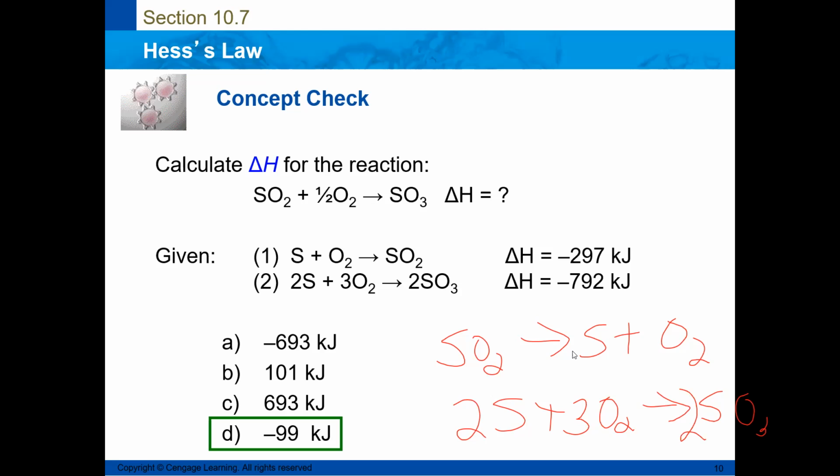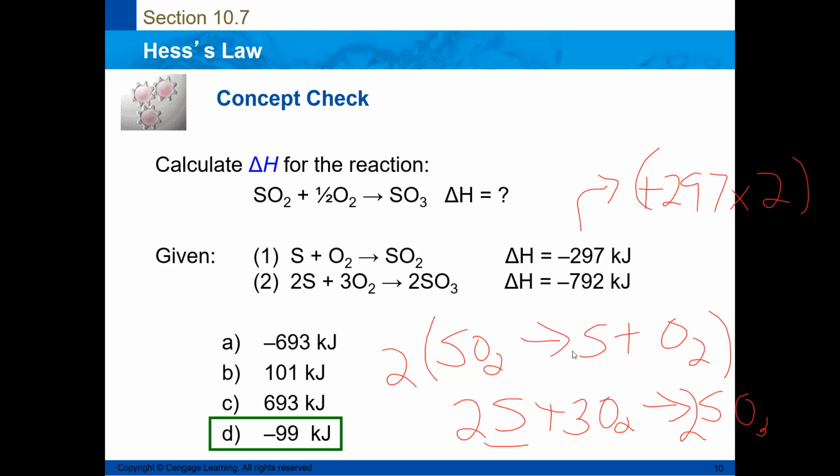Okay. Now, what we need now is to figure out if we need to manipulate the top reaction. We do, because we have 2 S's, so we need to multiply all of this times 2, don't we? So this one is going to be reversed and multiplied times 2. So this is negative, it's positive 297 now, right? Because we multiply now times 2. That's what that's going to be, okay? And the bottom one doesn't look like we have to do anything to it. Well, actually we do,